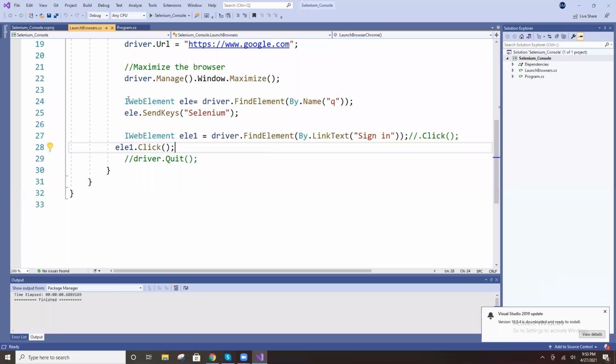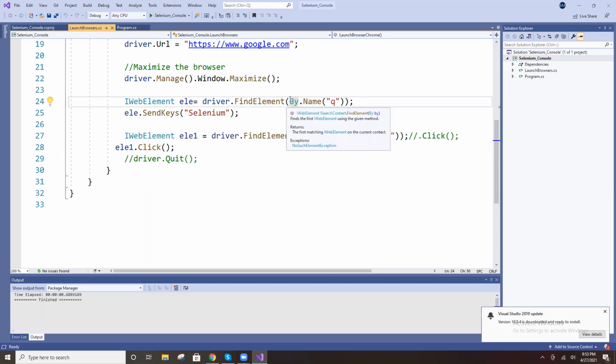You see how to click an element, right? This is the first step: identify the element. How to identify the element? You write driver.findElement(By.name). Identify the locator. This is the locator. So, how many ways are there to identify the element?